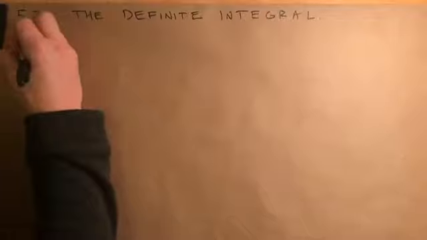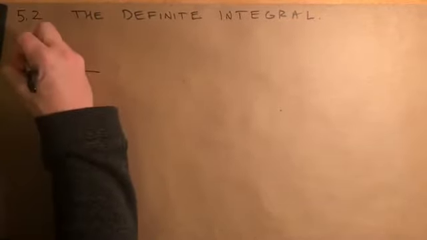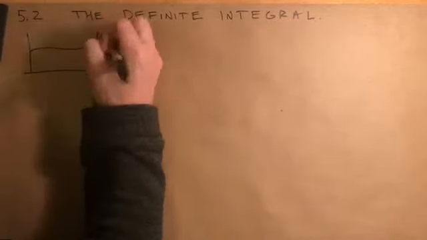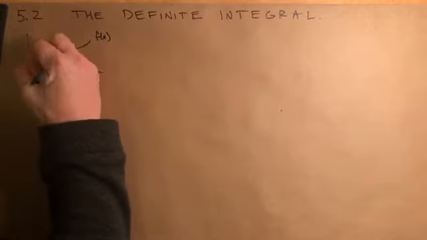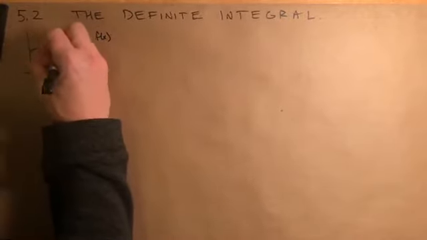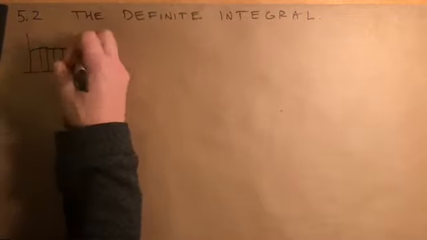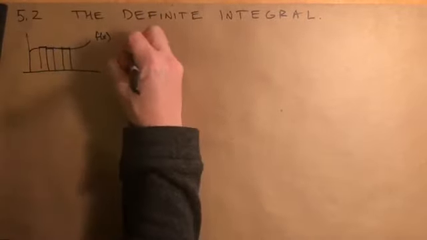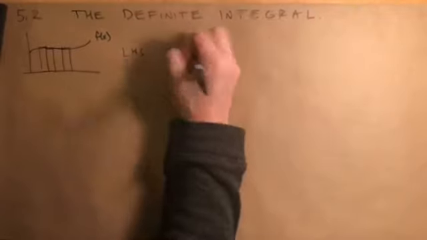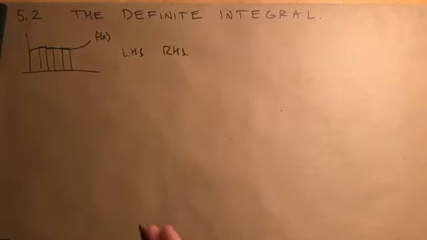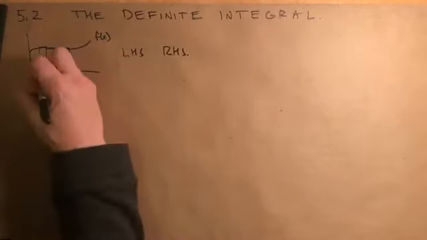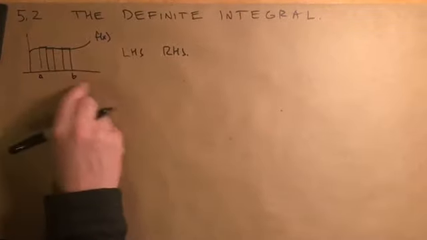So we're looking at section 5.2, and the name of this section is the definite integral. And in section 5.1, what we did is we estimated area. We had some function, and I'll call it f of x, and we made a series of rectangles to estimate the area underneath said curve. And we used a left-hand sum or a right-hand sum. What I do want to talk about here, very quickly, is if I'm going from a to b with,